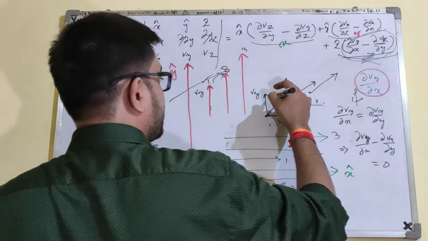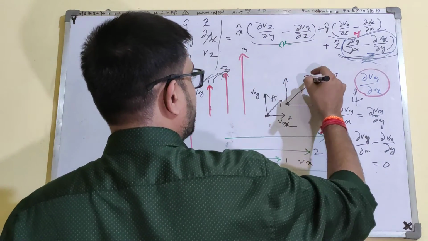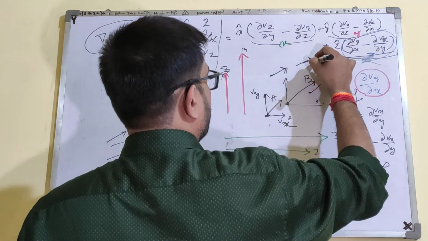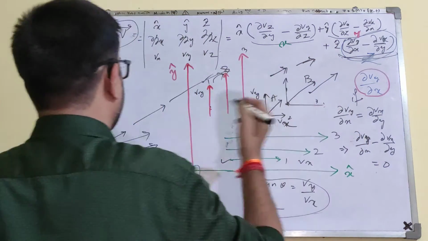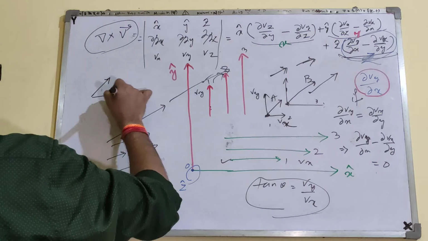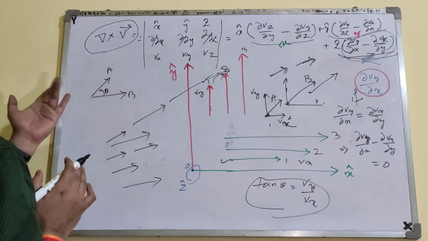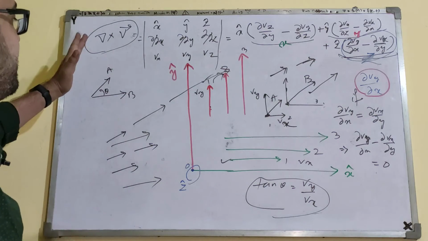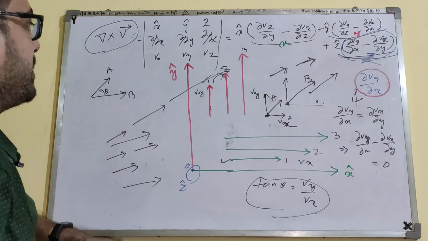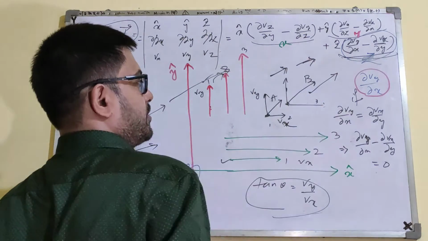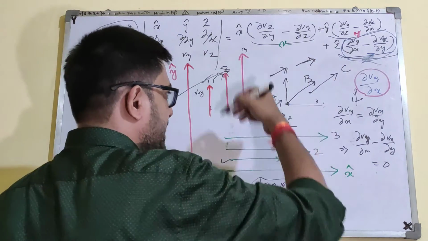For example, if I assign this vector as A and this vector as B, these two vectors are parallel, they are in line or in parallel to each other. And two vectors, as we have discussed in cross product, A and B must have some angle theta. If they are parallel, theta becomes 0. So there is only scalability there. There is no crossability. So B offers no crossability to A, neither does A to B. So similarly goes to C or any vector.